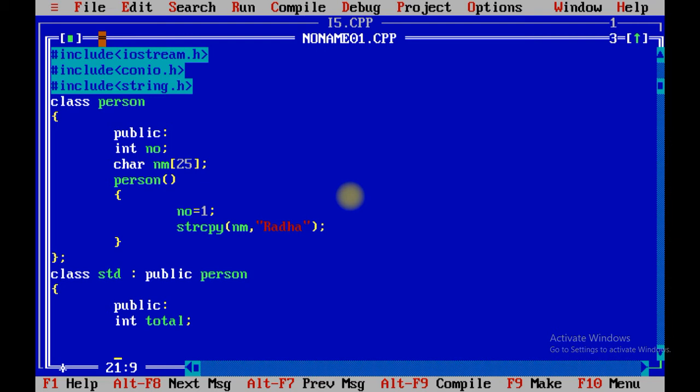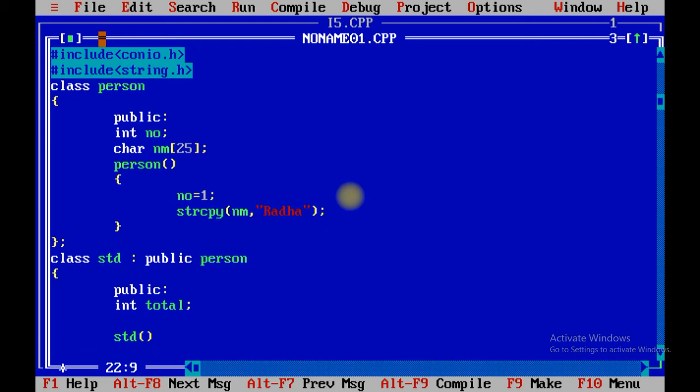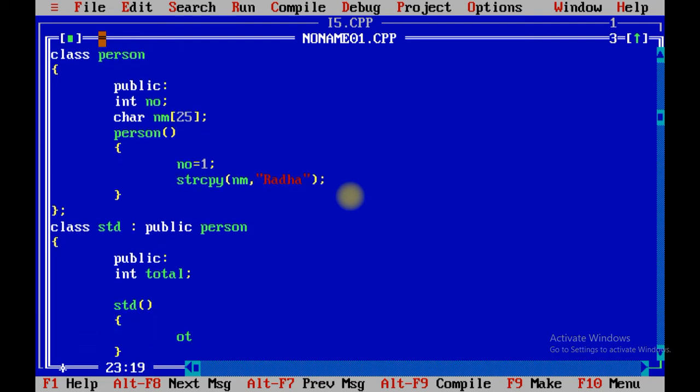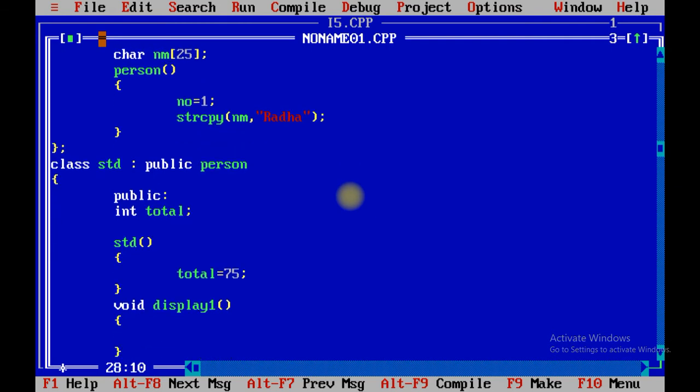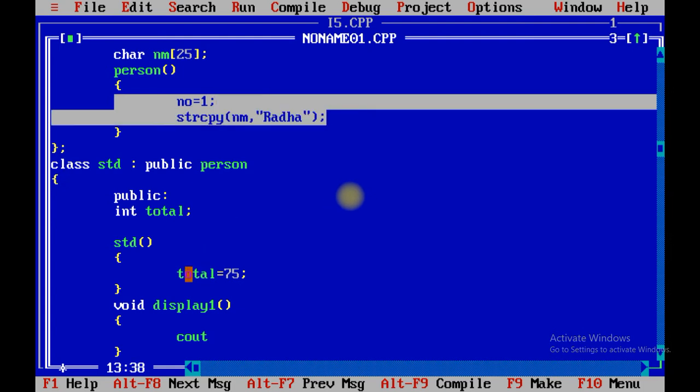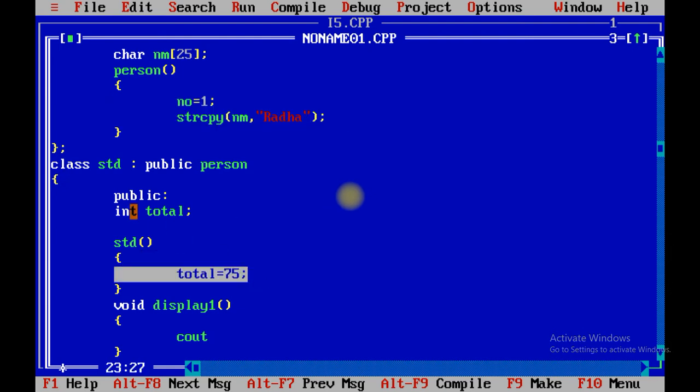This is the class which we have already taken, total equals to 75, and I am going to create one display method, display1, as we know that we need to create an individual display method for each. Over here we have inherited class person, so I can use these two variables as well as the personal property of student class. So display1 can access number, name and total,